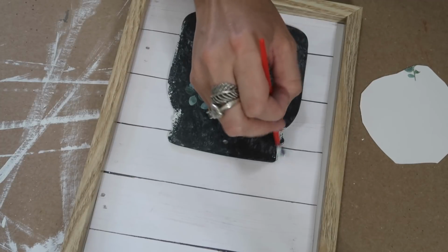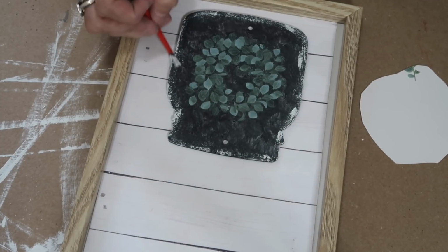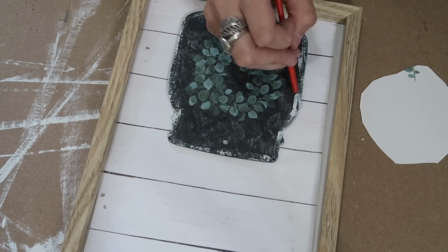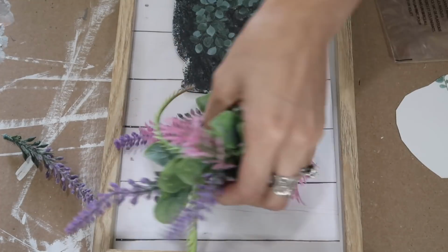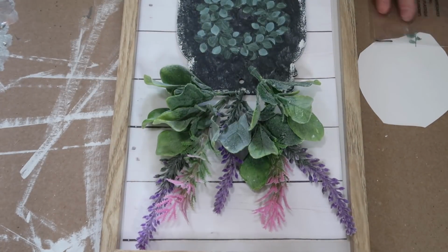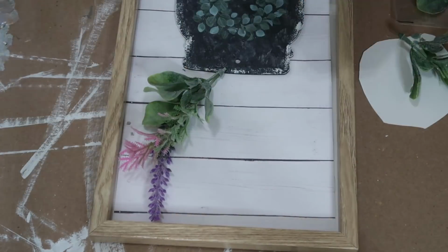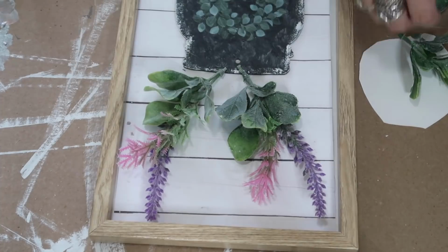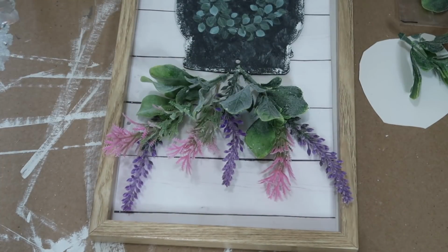And then I'm just going in with some white with a really awful kid paintbrush, but I like the effect that it had. It just kind of made it pop just a little bit. Then adding some more of these fuzzy flowers, I am just going to put them on the top of this little mason jar to make a cute little bouquet sign. And then I just add a cute little burlap bow just to cover the ends